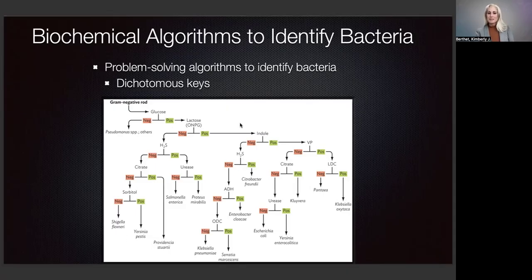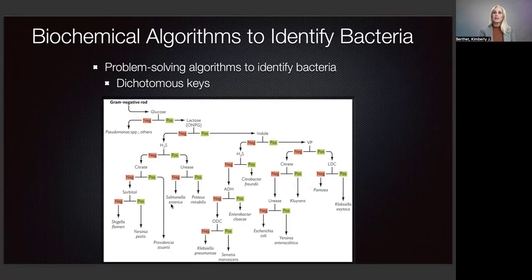So going through these based on what the results are, you build basically this chart, this tree that you can follow down and figure out what the microorganism is. So with this ONPG, if it ended up being positive, we could do something like an indole test. Let's say that was positive. We do a VP test. Maybe that's negative. We would do a citrate test. Let's say citrate was negative. We could do a urease test. Let's say that was negative. Then we find out that our sample is E. coli. So we can see all of the microorganisms down here, and how we get to them is based off